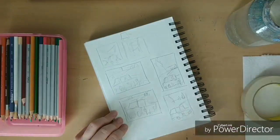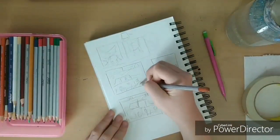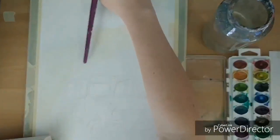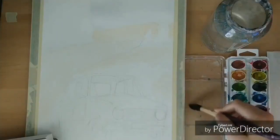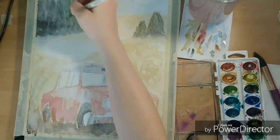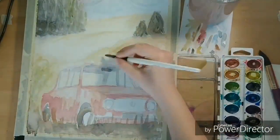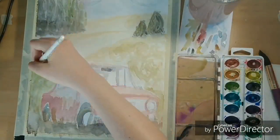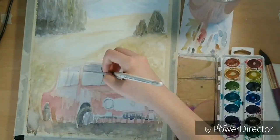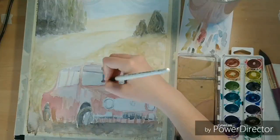I end up selecting the top right one, and then I do my initial sketch on the watercolor paper after I've taped it down, and then I go ahead and start painting, starting very lightly. Then I start building up my layers, so just a lot of light layers and then adding more darks and lights, and you really want to build some depth, and part of building depth is what you use as a